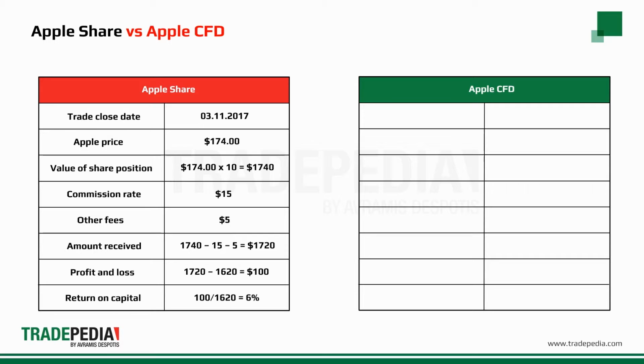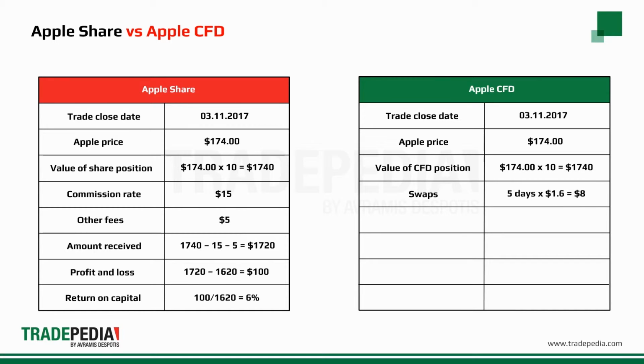Now let's look at what happens when we close the Apple CFD position at the same time. The Apple CFD price has also gone up to $174. The value of our position now equals 10 times 174 equals $1,740. On the CFD, there are no commissions and other hidden fees, but we pay swaps, which is the cost of holding the position overnight. With swaps of $1.6 per day for 5 days equals $8. The total amount received becomes $1,740 minus 8, which equals